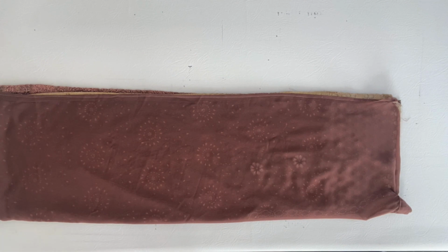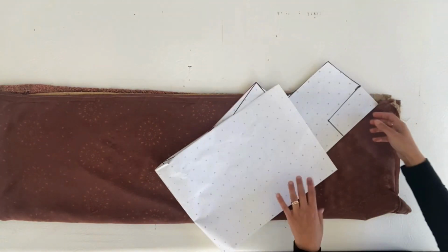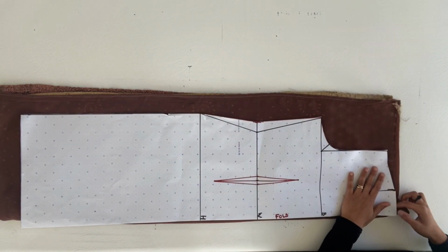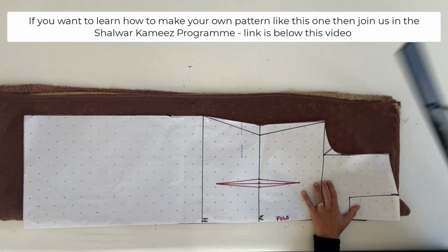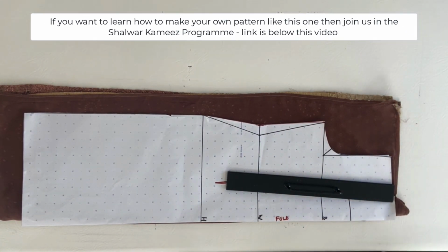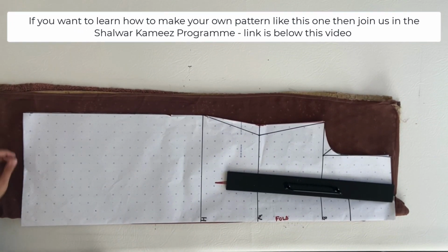Now I'm just going to get my pattern, our forever pattern that we've made. Okay, and I'm literally just going to put that on the neckline there. Okay, so it will be a little bit awkward. I'm just going to weigh it down. Okay, that way. And if I want to leave it this long, this pattern is actually quite short, but if I do want to,